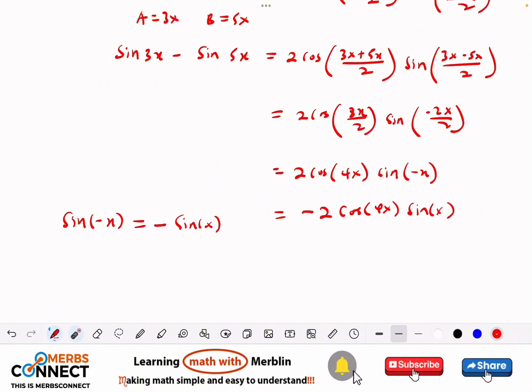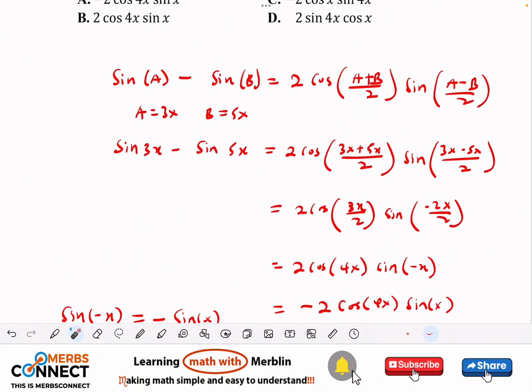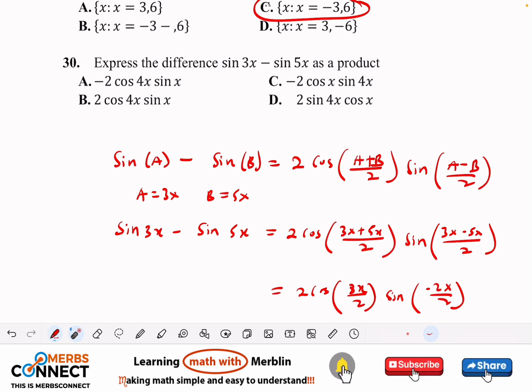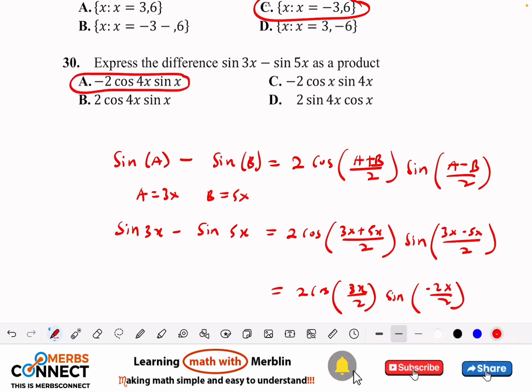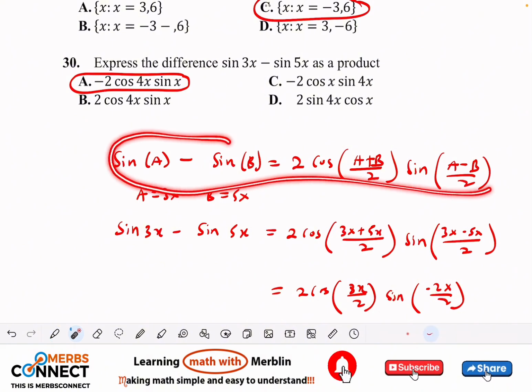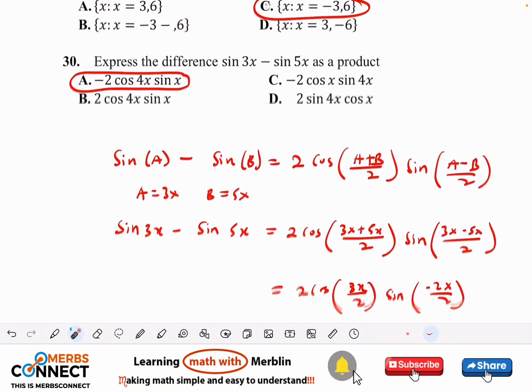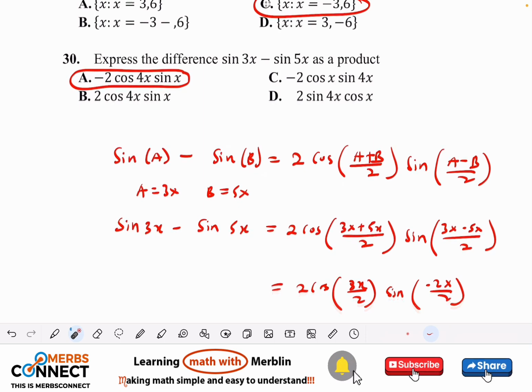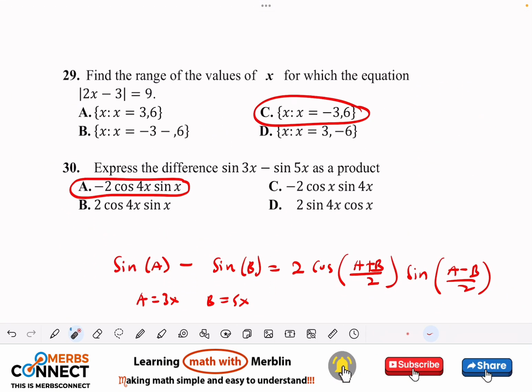So what will be the result that we have here? Which is right here. Good. So it means that if you don't know this formula here, you will not be able to do this. Right? So learn the formulas and then it will help you too. So yes, we are done with the